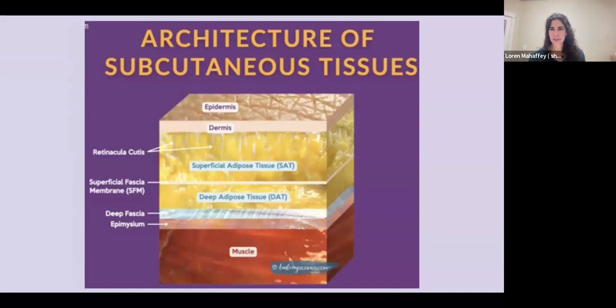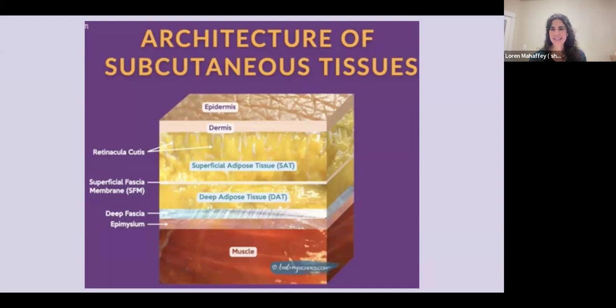So let's look at the layers of subcutaneous tissue, so we understand what we're looking at as we dive into the body. The most superficial layer of tissue in our body is our epidermis, our skin. We drop down, we're into the dermis. Just below that is our superficial adipose tissue, that first layer of fat cushioning. And then we have the superficial fascia. It is like a layer of continuous saran wrap throughout our entire body, and it separates the superficial adipose from the deep adipose. Okay, so we have these layers of fat, and then we hit deep fascia.